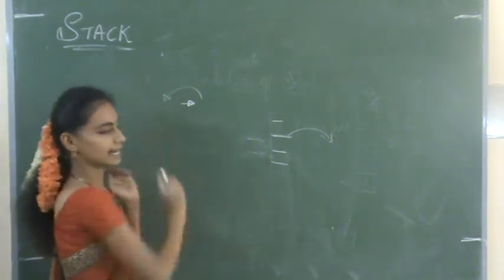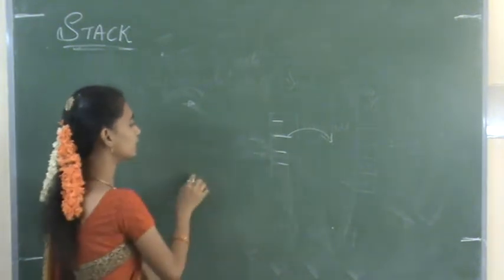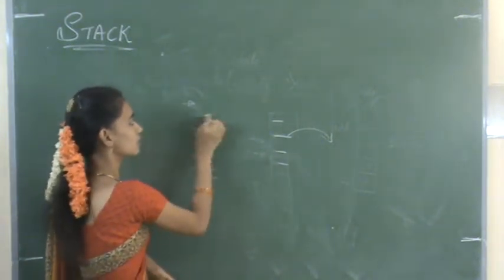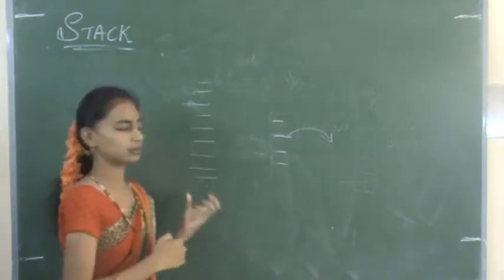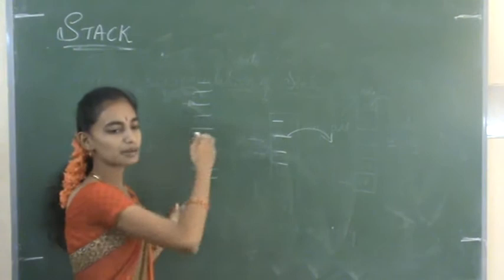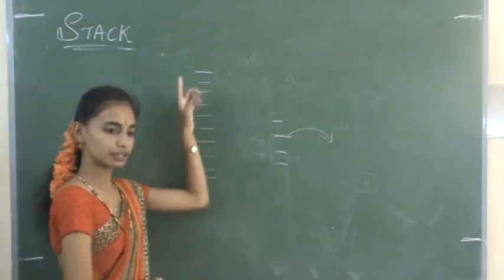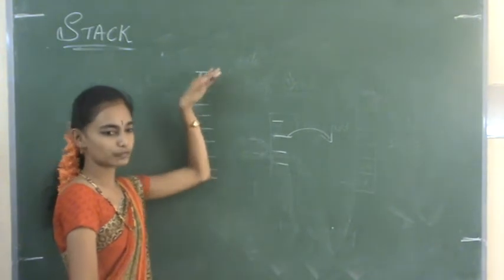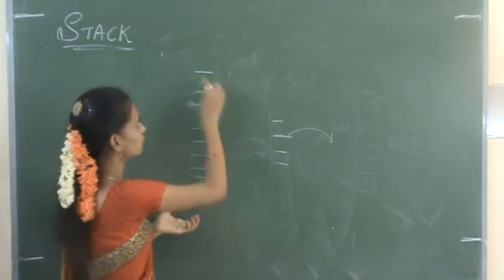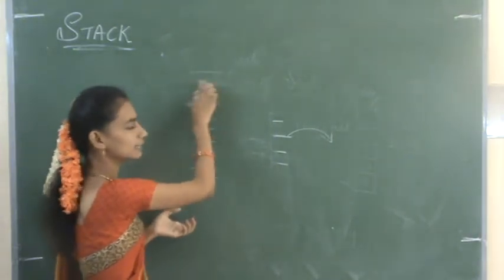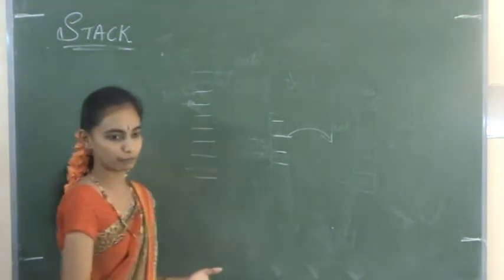So that we call it as a stack. Suppose consider we are keeping the books, right? So we are arranging the books like this. If we want to insert or put one more book, we keep that book at the top of the book list, right? If you want to remove any book also, we remove the first book and then the next book, right? We can't remove this one. If we remove this, all the books will fall down, right?